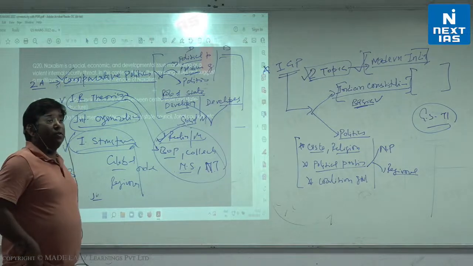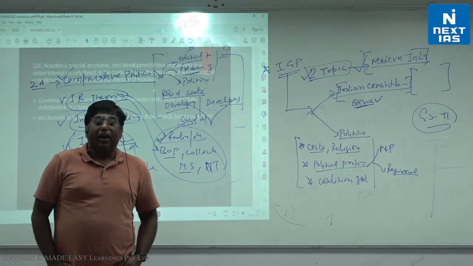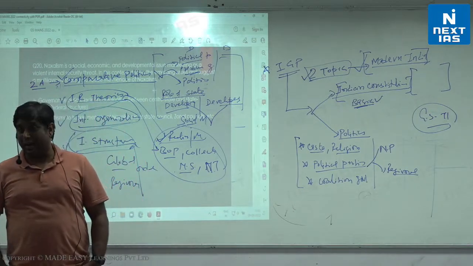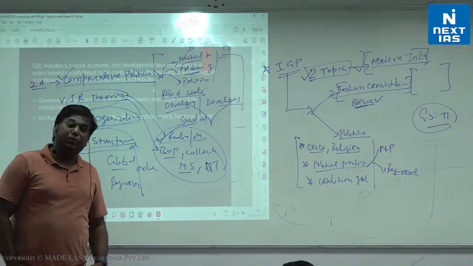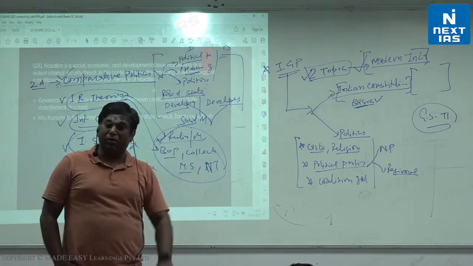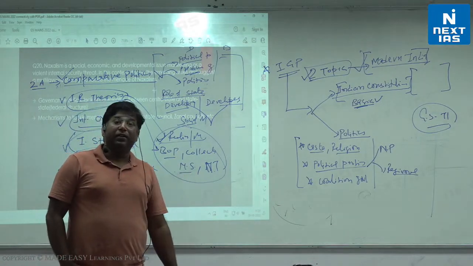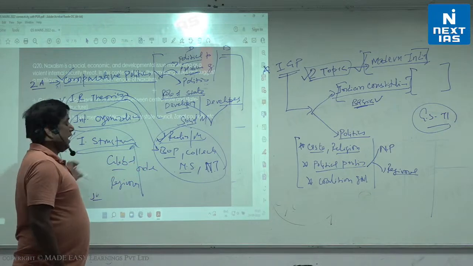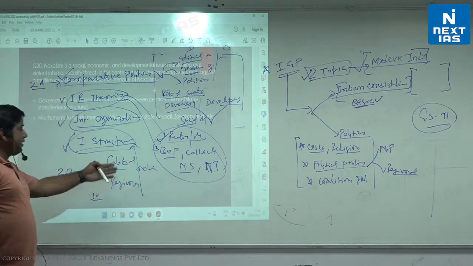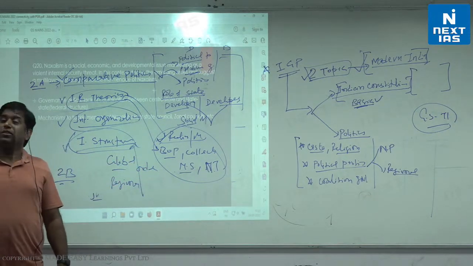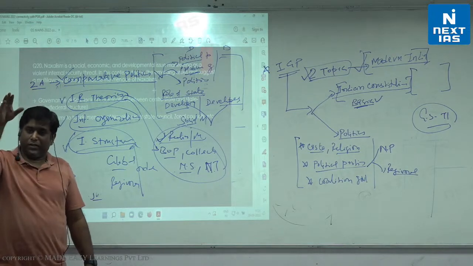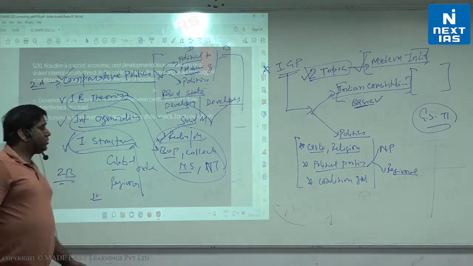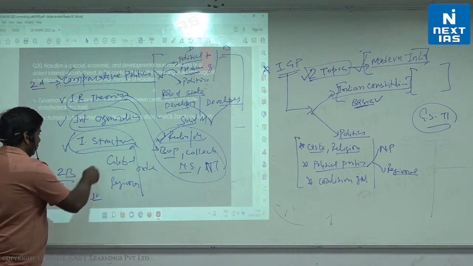Can we say the world is going to be multilateral? American hegemony is going to end. So what will be the Indian positioning in a global world order? Can we say India is a leading regional hegemon? Or can we say that the South Asian order is India-centric? These things are very interesting, you have to study.